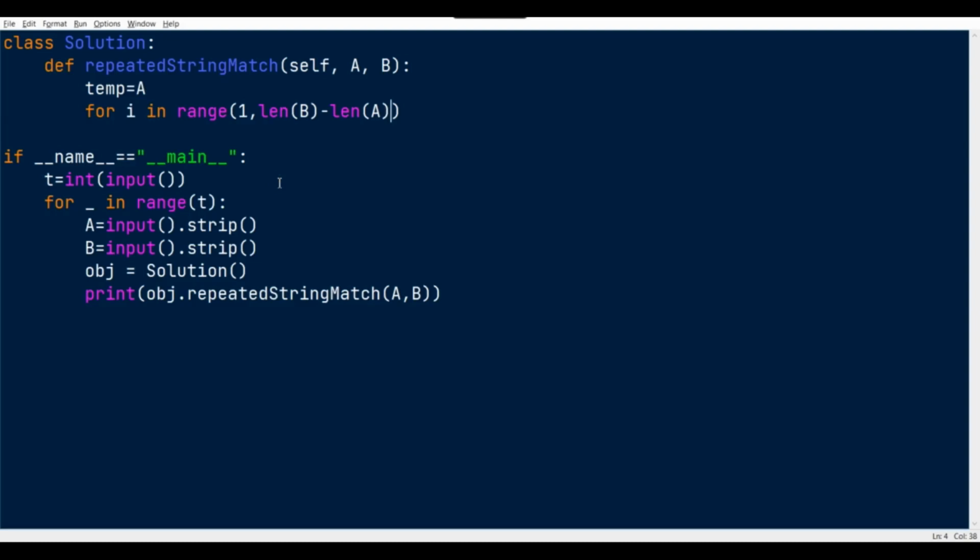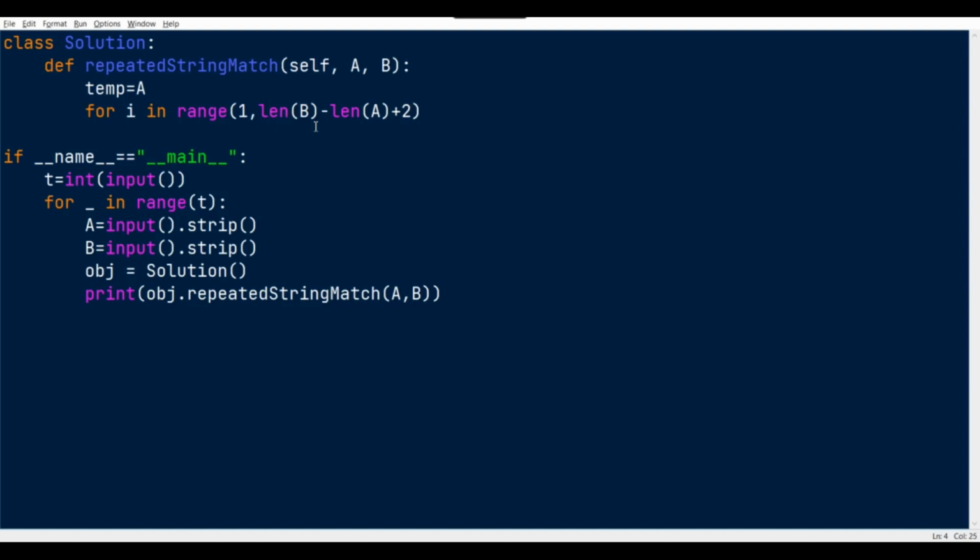It will return 0, right? So 1 is obviously greater than 0, and 1 is not smaller than 1, right? So we just need to put at least 2 here.